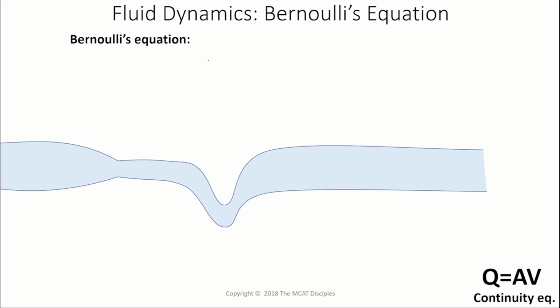Okay, now we have Bernoulli's equation. Bernoulli's equation is essentially just a restatement of the conservation of energy using the terms that describe the intrinsic properties of fluids, that is, density and pressure. So here it is: P1, the static pressure, plus the density of the fluid times gravity times the height of the fluid, which is not the same as the depth, by the way. We'll cover that shortly. Plus 1/2 the density of the fluid times the velocity of that fluid squared is equal to those values at another point. All these three terms combined are equal to all these three terms combined at this other point.